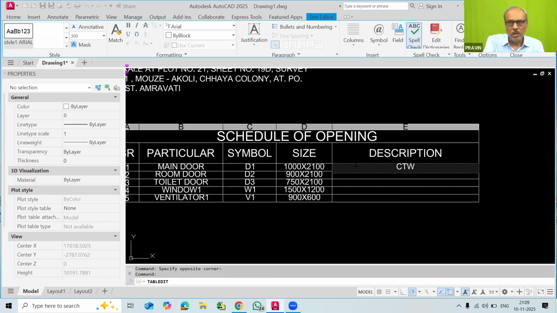So CTW panel door, solid core flush door.